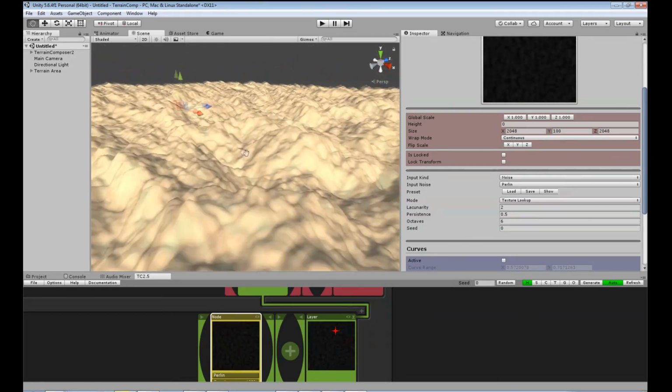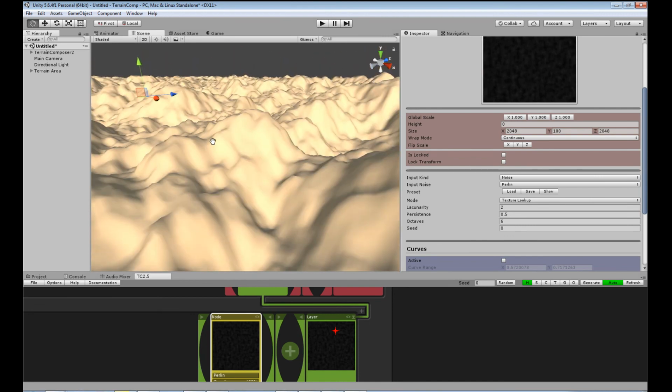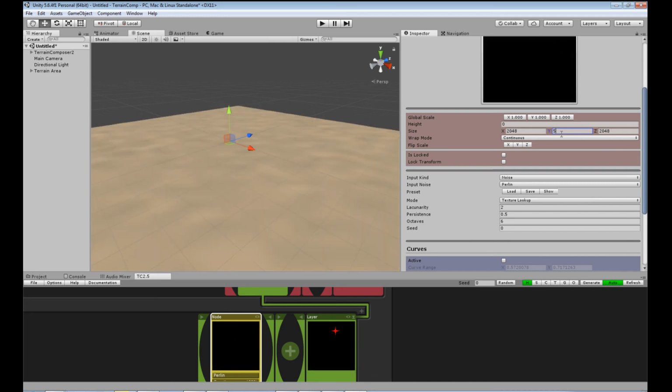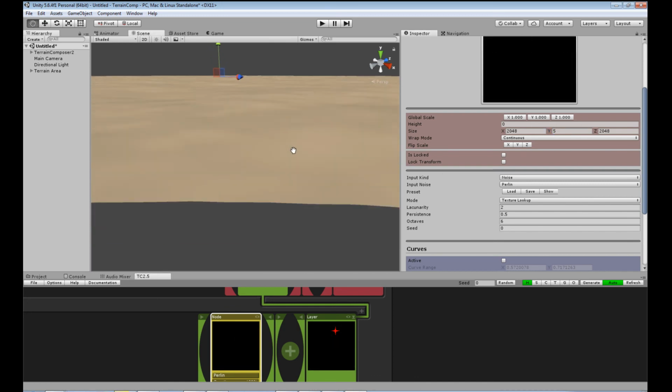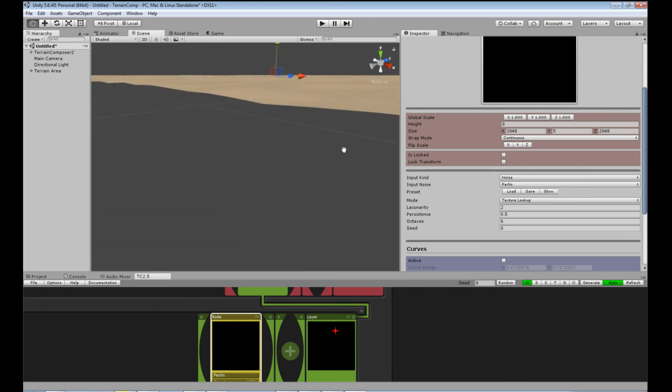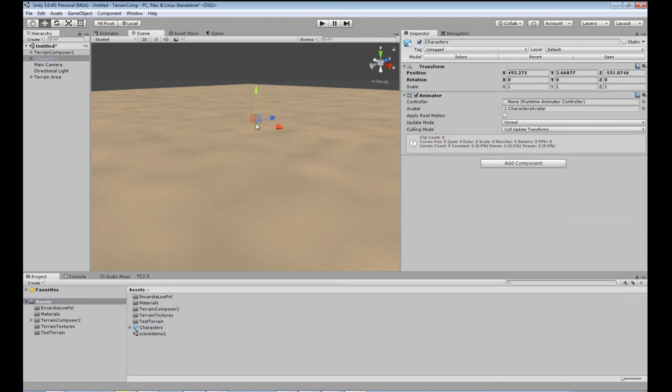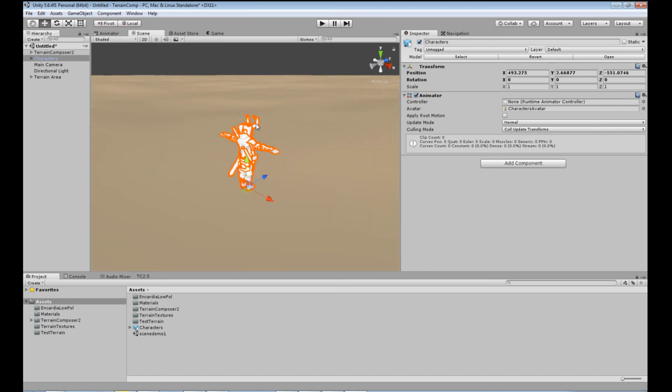The problem with the vector thing is I'm not going to be able to walk up half of these things, they'll fall down in a big crack, so we can drop that down to something more towards the height. If we set that to 5, you can see it's going to have basic height issues in it. One good thing with this is if I go back here, I can actually drag the character into the scene,